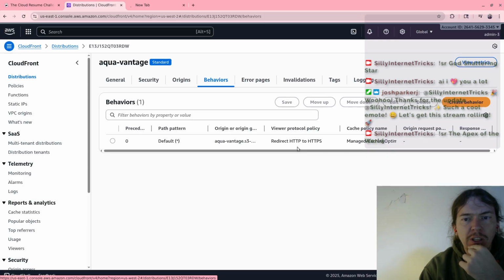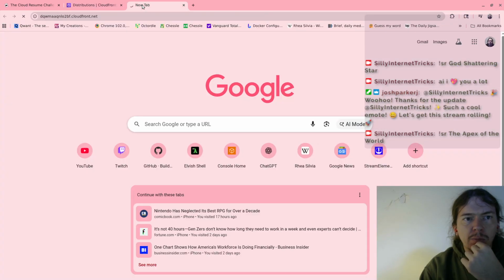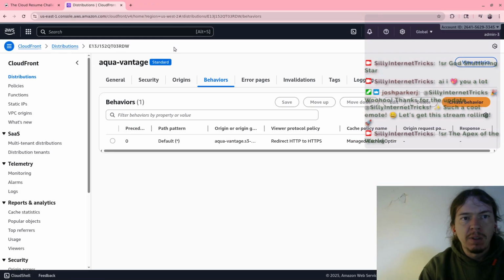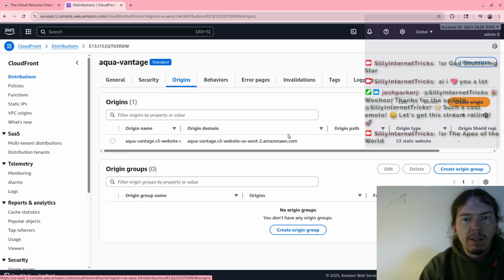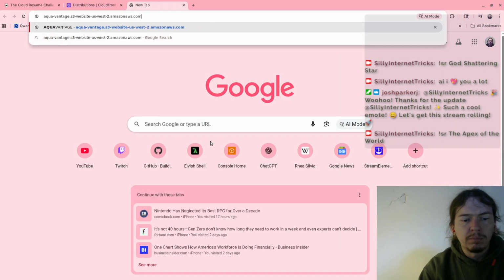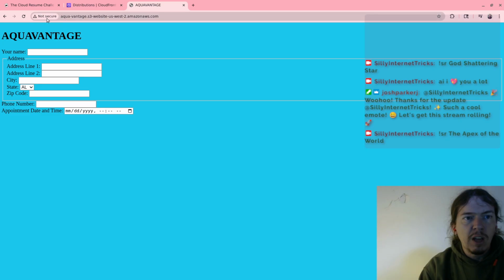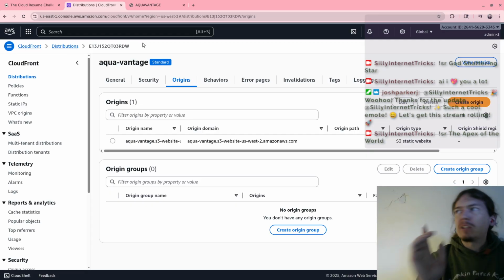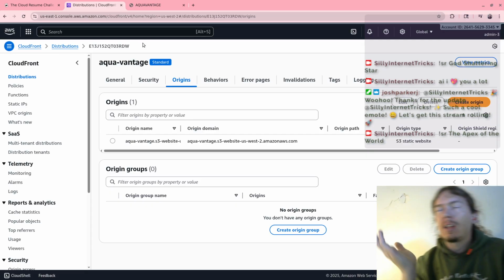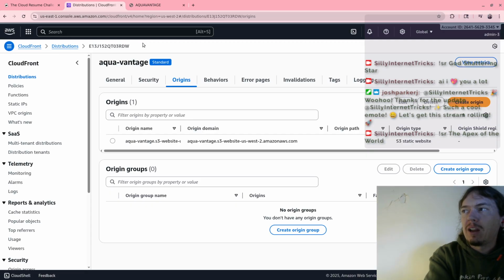Redirect HTTP to HTTPS. Huh, really? Okay, so what happens if we choose this domain? Okay, so we're still not secure. So now we need to, basically we need to set up the domain. So I guess what I can see now is that I'm gonna have to do it on the other account.